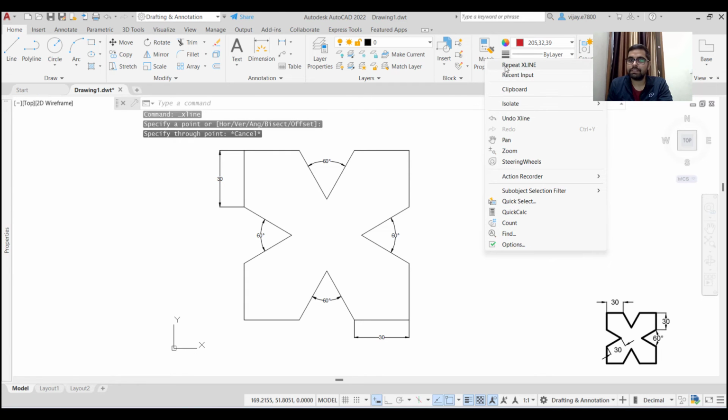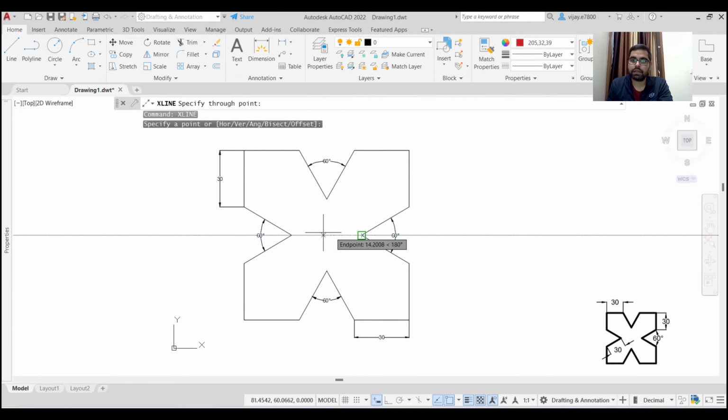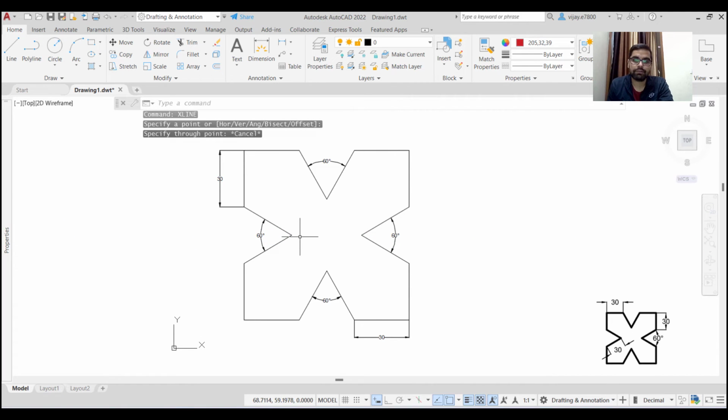Now the next thing is, if I talk about this axis, then in this case as well, if we create the lower half, we can basically mirror image the upper half as well. So these are two other methods by which you can create half of the drawing, and then you can create the mirror image. Now let us first